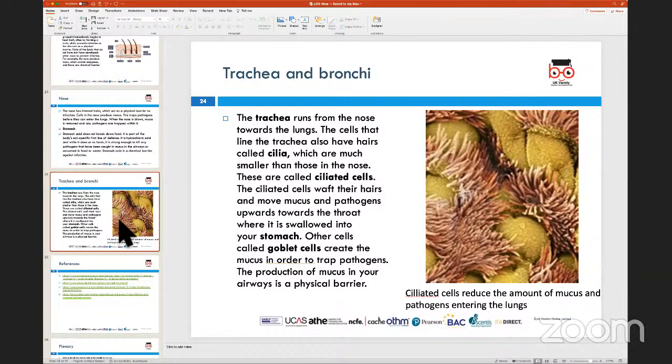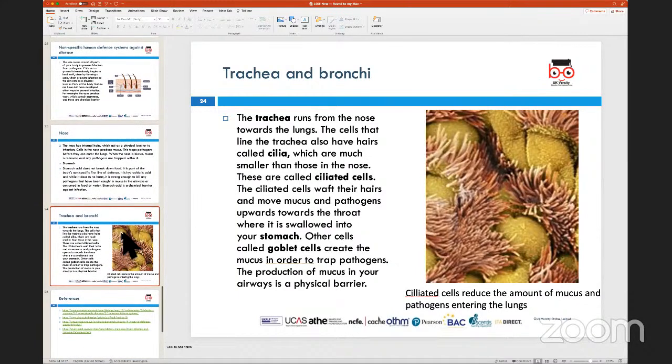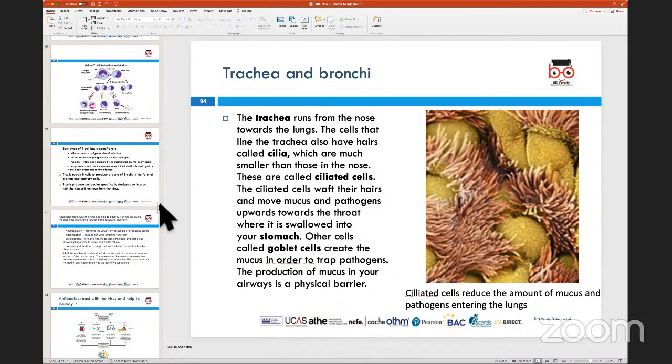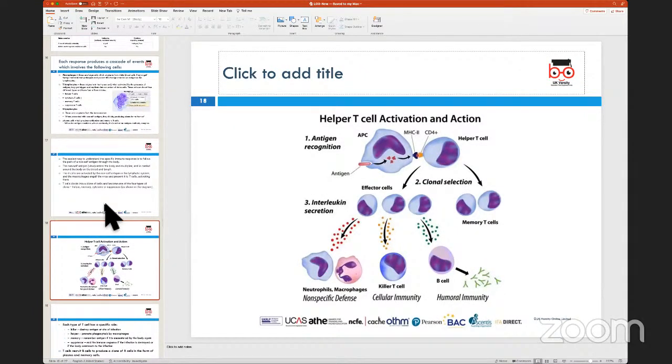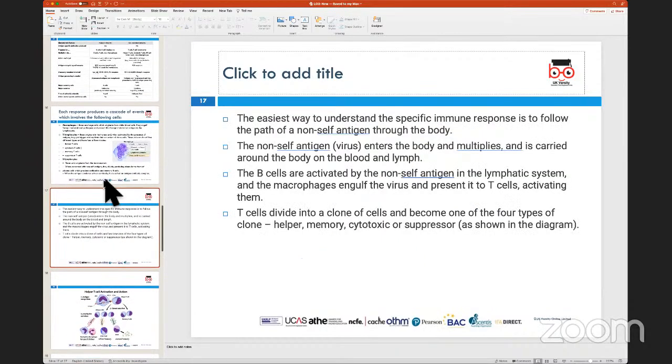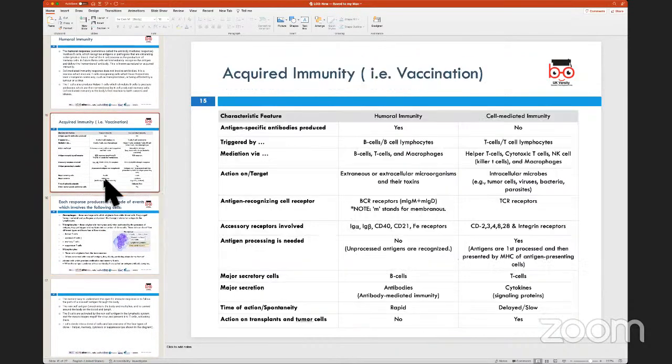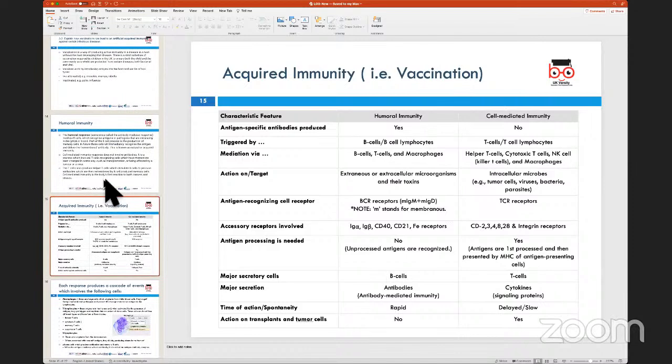They are going to be physical barriers, and they are going to be a part of the body's non-specific defense mechanism system. Is that okay? Any questions at this stage? So some part of this is quite detailed, and what I would suggest is all you need to do is go through some of the slides that are put together here, and they would explain and go into detail of what is the main reason of how the human body actually fights